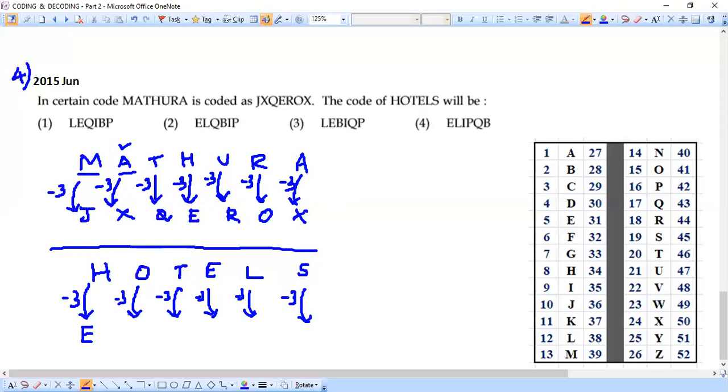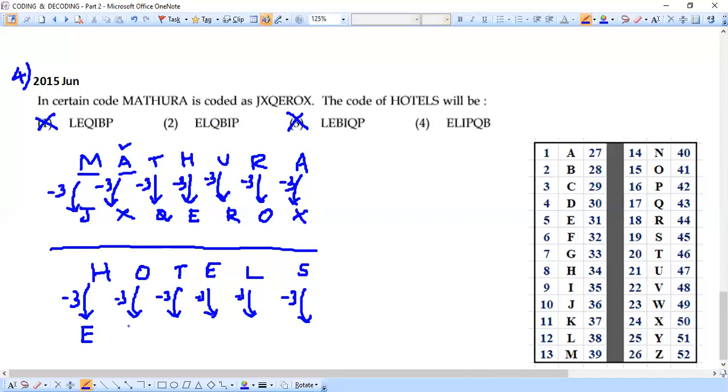So we'll come to the options and see whether we are able to eliminate any options. We can sure eliminate options 1 and 3. Is it or not? Because both of them have LL as the starting letters, but we need to have E as the starting letter. So we'll hold options 2 and 4 because both of them start with E only. We'll continue to get the confirmed answer.